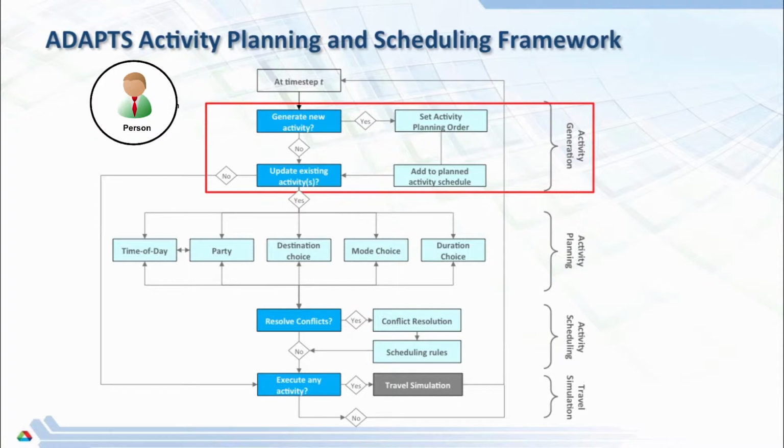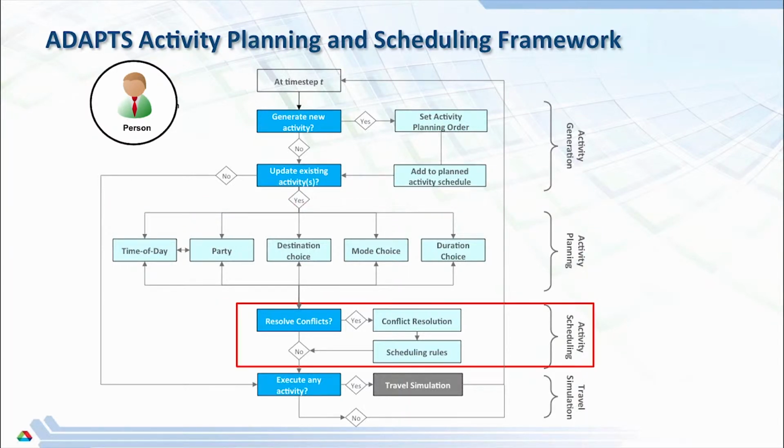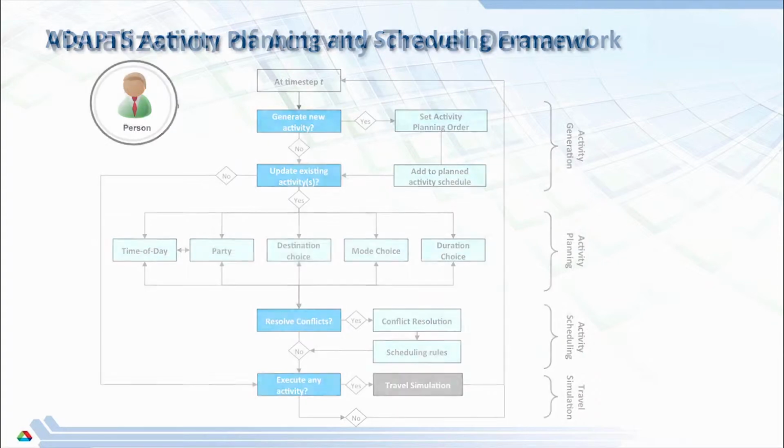When a new activity is planned, it is added to a planning queue, and the order of the planning decisions is determined. Then, as the simulation progresses, those decisions, such as destination choice, mode choice, etc., are made at the scheduled times by planning behavior models. Once the activity is completely planned, the scheduler attempts to add the activity to the schedule using a conflict resolution and scheduling process. Finally, activities are executed at their specific start times by having the agent choose a travel route, then traveling through the transportation network along the route to the next scheduled destination.